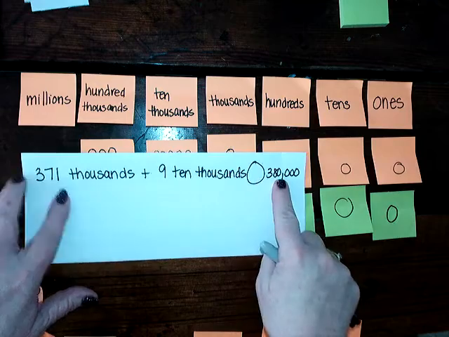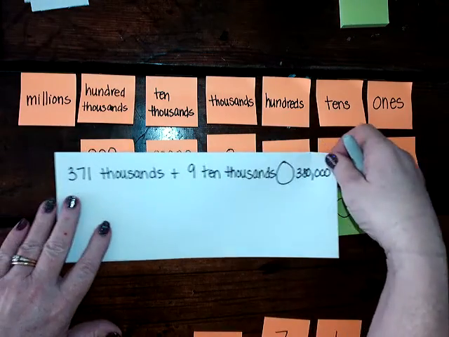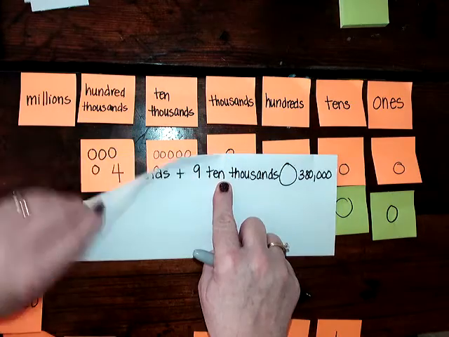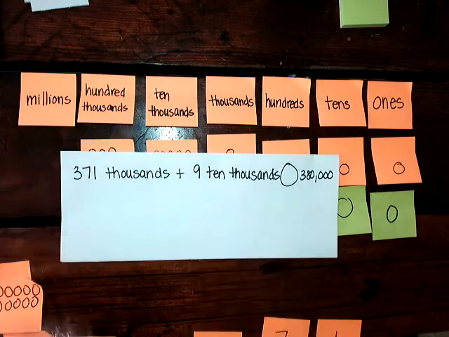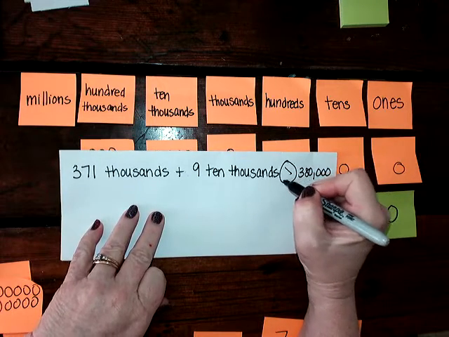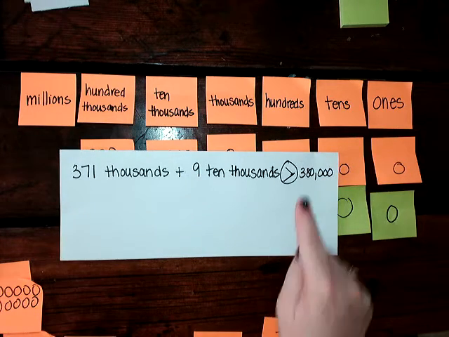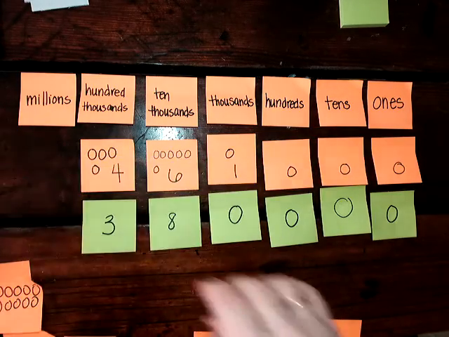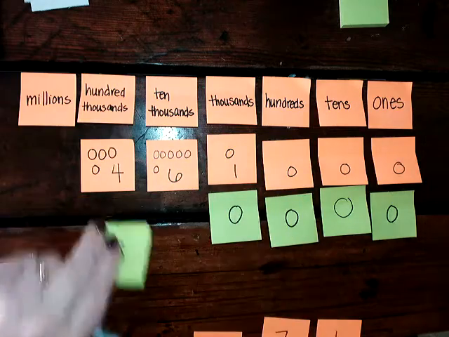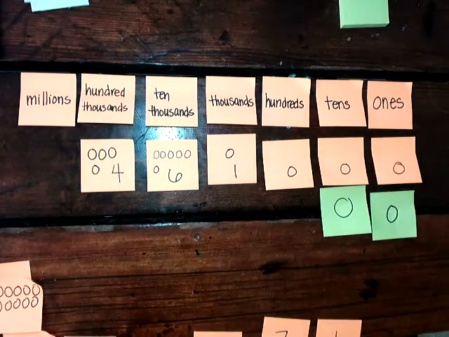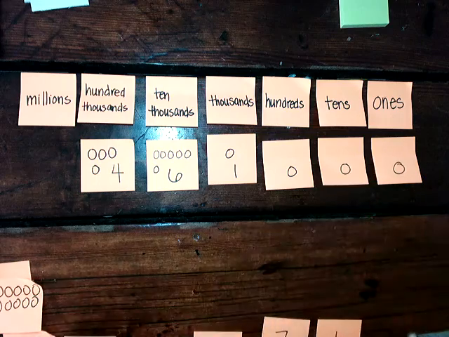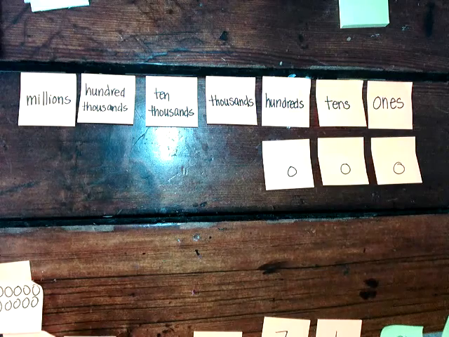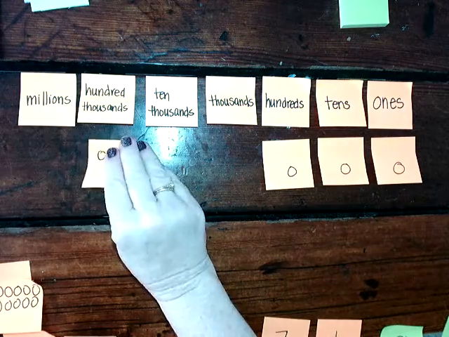So as I look at this problem of 371,000s plus 10,000s, since I know that that's going to be 461,000, I know that that one is greater than 380,000. But what if I'm not dealing with addition? What if I have a different problem altogether and I've got to deal with subtraction? Well, let me get rid of these ones. And let's say I have the number